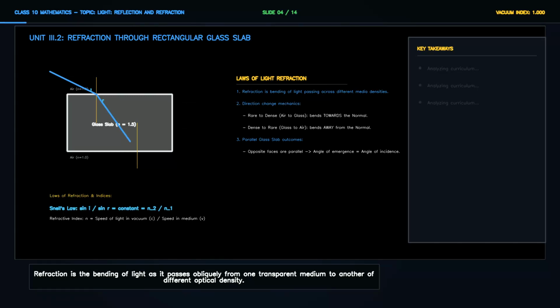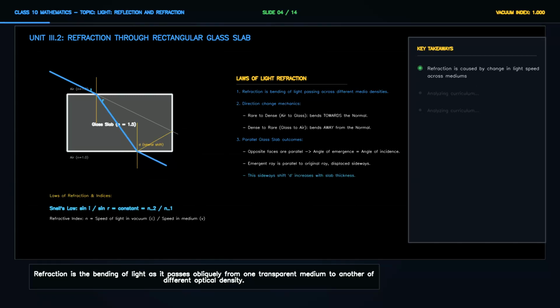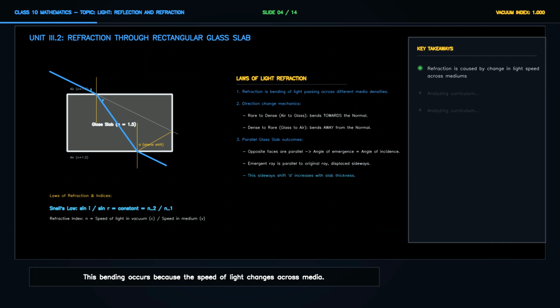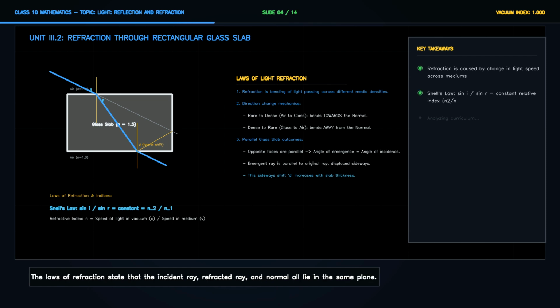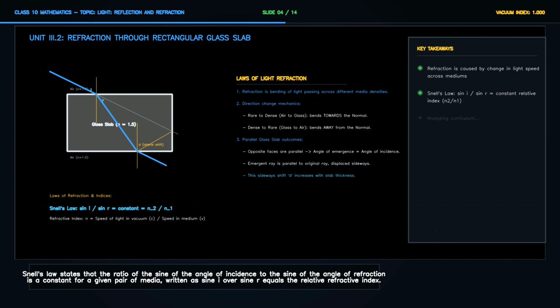Refraction is the bending of light as it passes obliquely from one transparent medium to another of different optical density. This bending occurs because the speed of light changes across media. The laws of refraction state that the incident ray, refracted ray, and normal all lie in the same plane. Snell's law states that the ratio of the sine of the angle of incidence to the sine of the angle of refraction is a constant for a given pair of media, written as sin i / sin r equals the